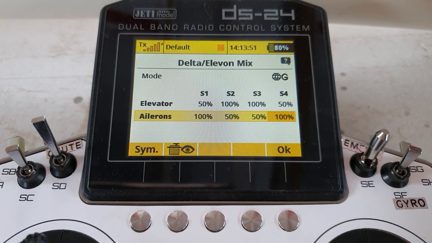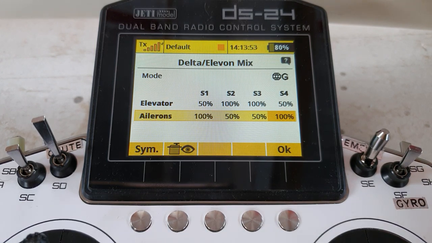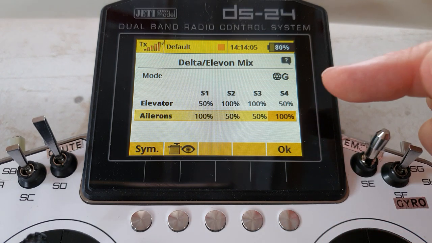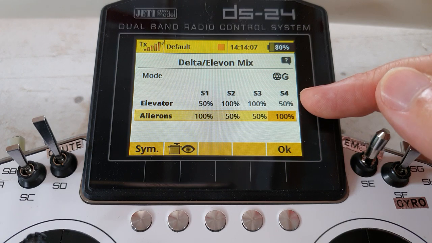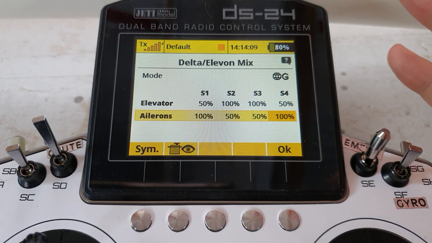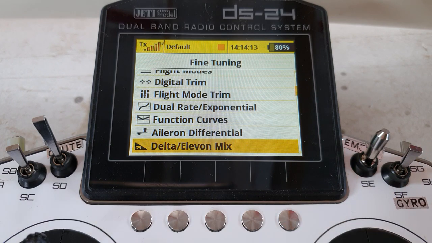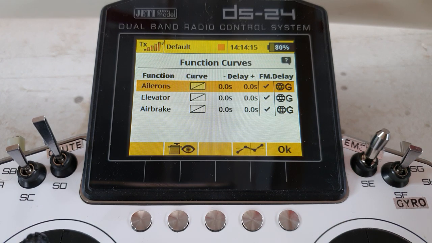That's it. Okay. Now, in this particular example, Multiplex plus or minus figures are exactly the same. What if they wanted something a bit different? Let's say they wanted less down than up. How are we going to do that when it doesn't offer us different up and down travels, only a sort of overall travel? We can do that in the function curve. So we come to the function curve,